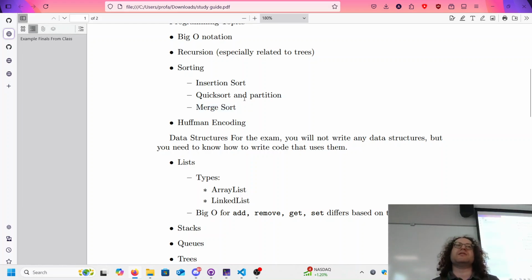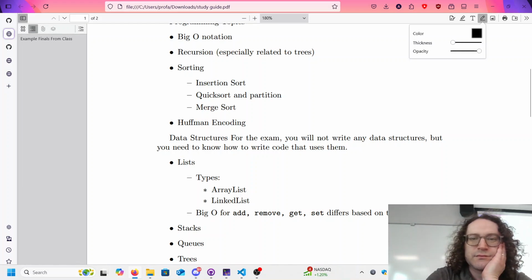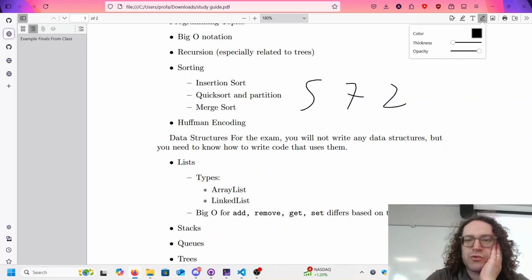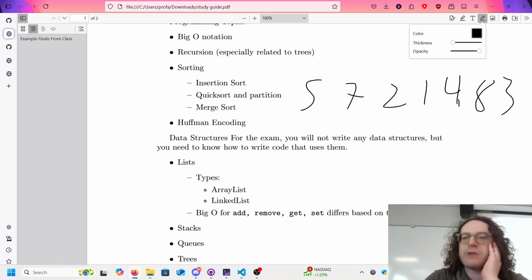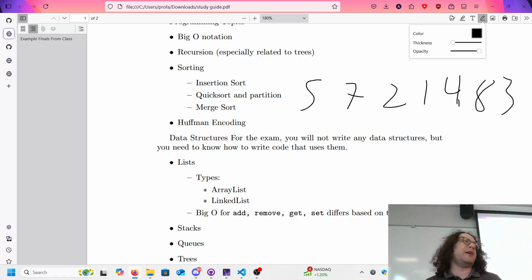Typically what we do, and you'll see this in a couple of questions, is I give you a question along the lines of, hey, here are some numbers: 5, 7, 2, 1, 4, 8. You get the idea. I give you an unsorted pile of numbers, and I ask you to do the first iteration of quicksort with the partition algorithm. That means we need to go through this and do the partition algorithm, but only